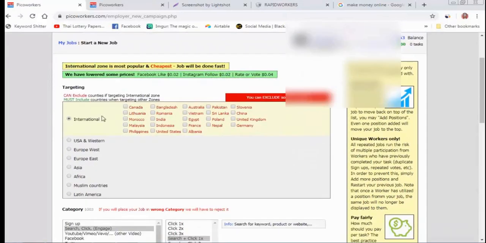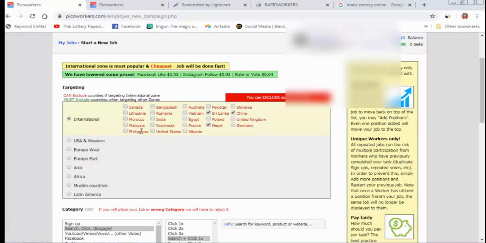And I have deselected some countries because I don't need clicks from China. I don't need clicks from Nepal, for example, Sri Lanka and Morocco, and others like the Philippines. Philippines also I don't need clicks. So these countries you can deselect or you can select, no problem. In my experience, if you get clicks from the Philippines, I get 30 cents something CPC on my AdSense account.